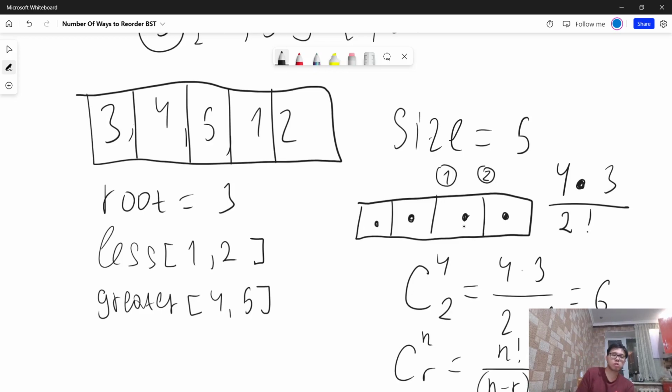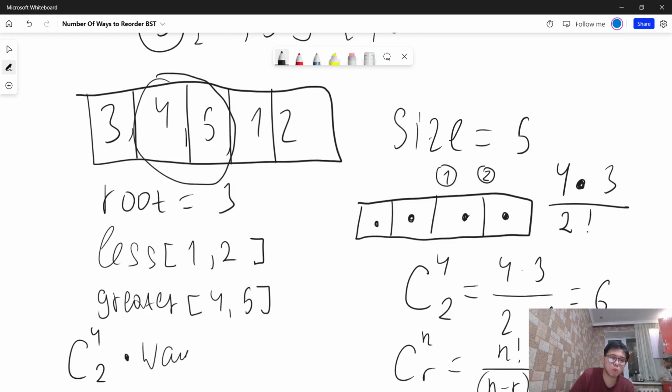So how can we solve this question? Like it gets root 3. So there will be C of 4, 2 combinations. Then we multiply by these arrays individually, like 4 and 5. This array itself can be reordered theoretically. Again, in this example, 4 and 5 we cannot reorder, because it doesn't matter: 4 will be root and only one child, 5, and again there is also like this, but